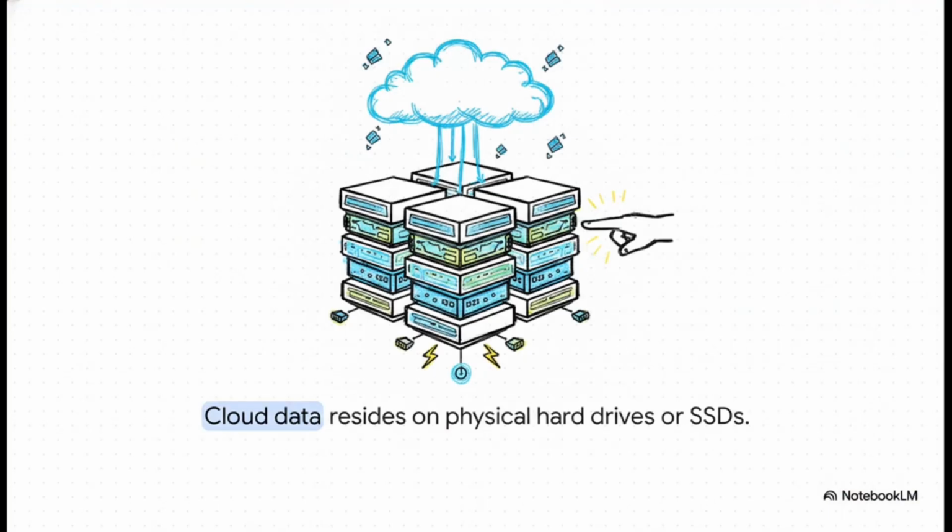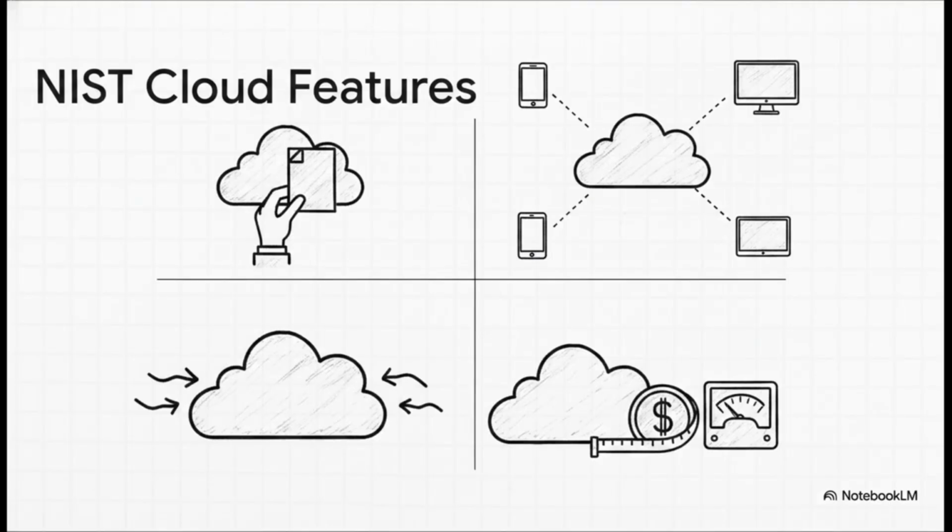Defining the cloud. Not so mystical after all. Building on that physical foundation, let's look at the cloud itself. The very word cloud makes it sound like your data is just floating around up there in the atmosphere, waiting to be plucked from the sky. But the reality is much more grounded. Your digital archives are just sitting on someone else's physical server. That's it. The data stored in the cloud typically resides on physical hard drives or increasingly solid-state drives, simply because they're faster and eat up less electricity.